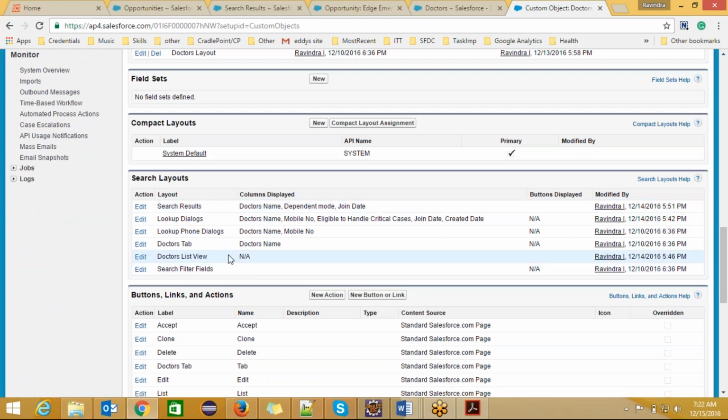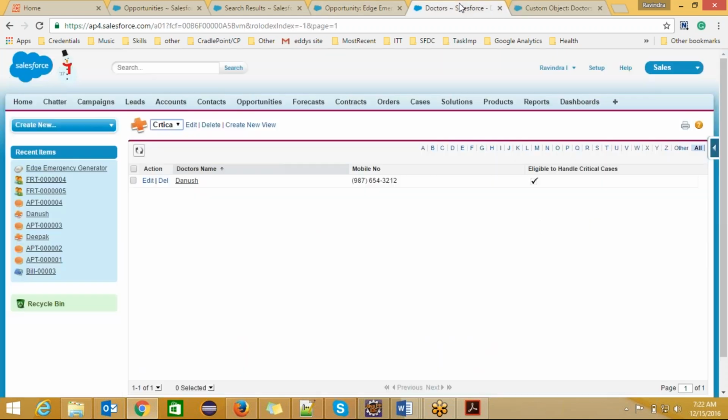Next, these three are important, like we require only these three: search results, lookup dialogues, and list view. List views we can create from here itself. Create a new view and it will show the records based on the filter you applied for this particular view. Here there is no filter, it will show all the records. Here there is a filter, so